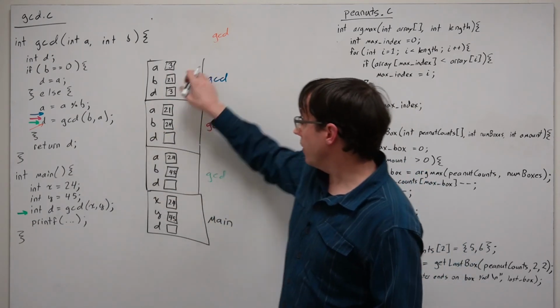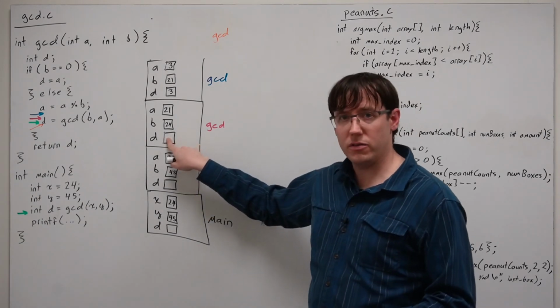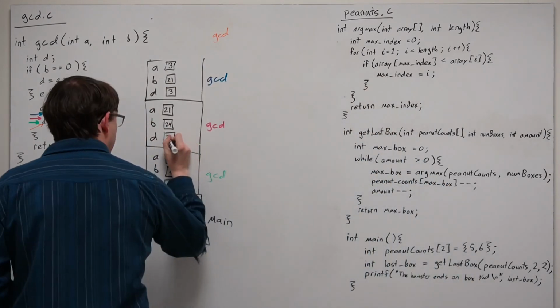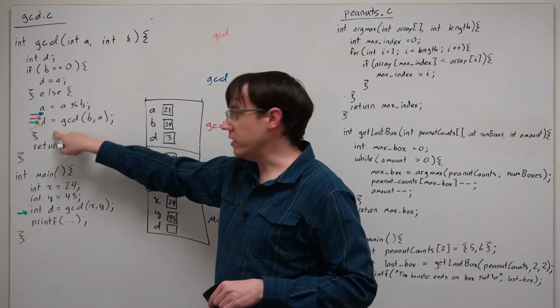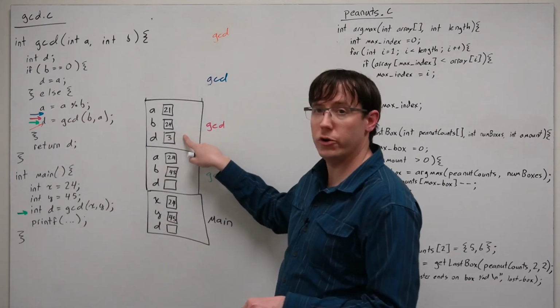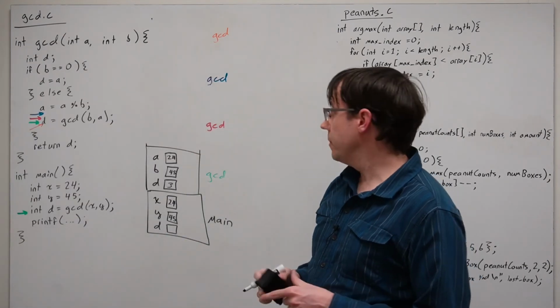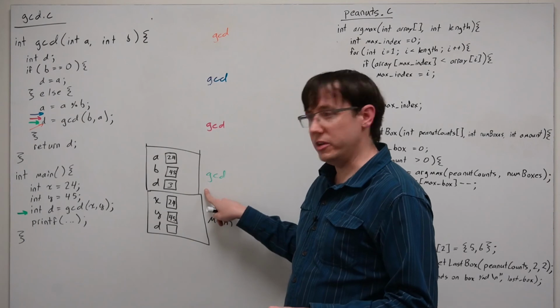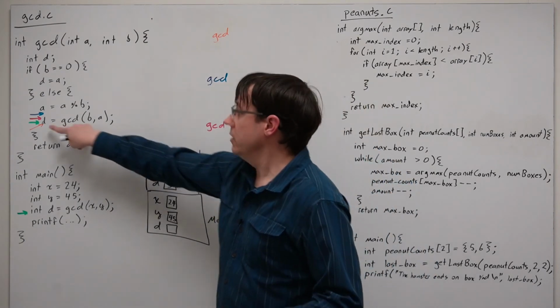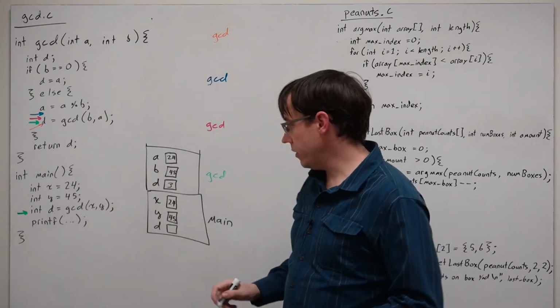This call will now return and give back the value 3, which will be stored in this D variable. And then that GCD will continue executing, hit the return statement, return a 3, and have its stack frame deallocated. Then this very first call to GCD resumes executing, stores the value in its variable D, and returns it, which